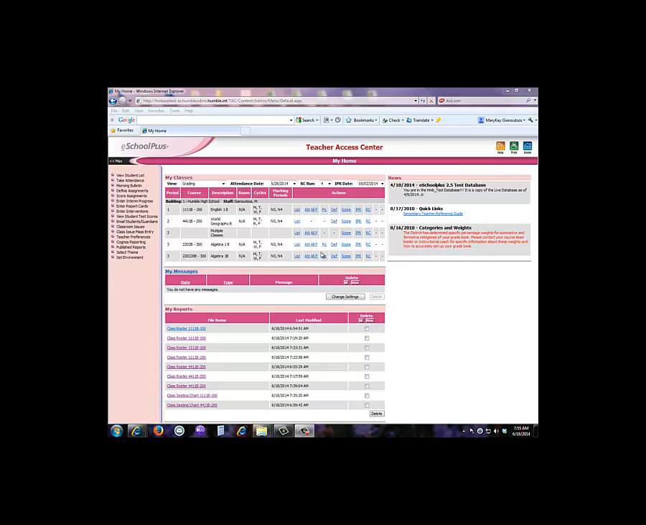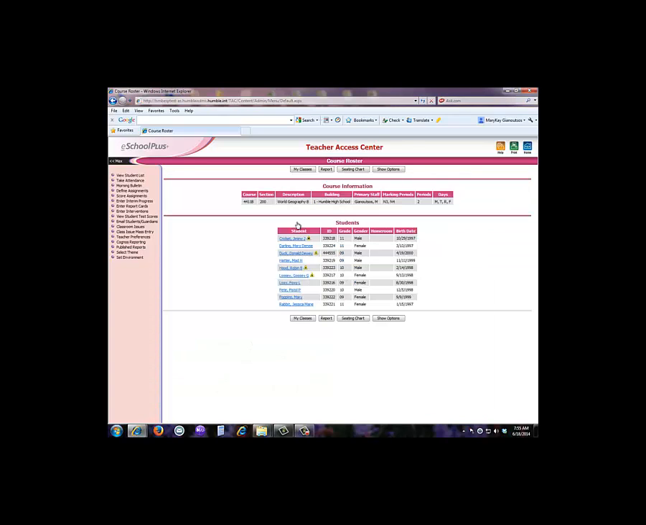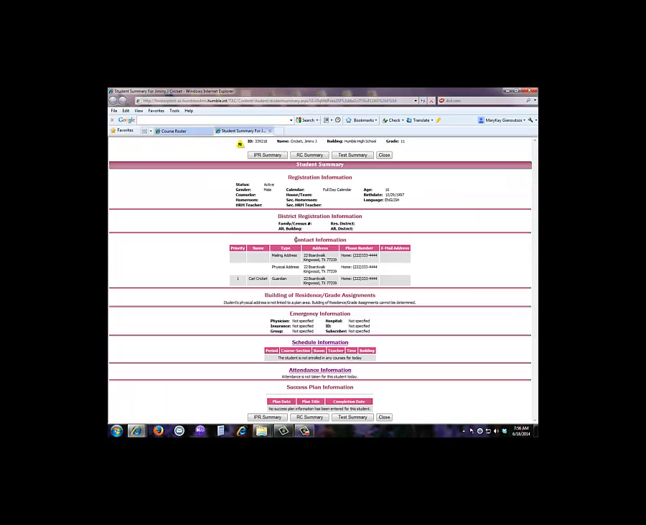So let's go into one of the courses by selecting this list hyperlink. Each of these student names is also hyperlinked, which by clicking on that allows me to view the student's summary screen. I can view contact information, schedule and attendance information, and other data on each student when I click on